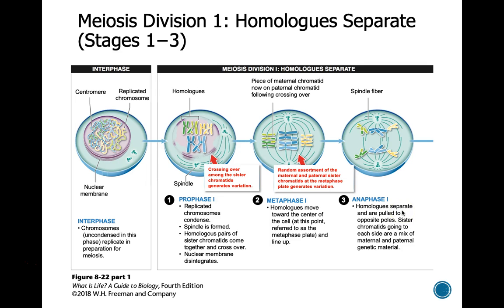So right here in meiosis 1, we see two sources of genetic variation. One is this crossing over event. The other is this random assortment. Now, these could have just randomly lined up with mom, mom, mom, and dad, dad, dad. We could have done mom, mom, dad, dad, dad, mom. So depending on the number of chromosomes, and you can imagine if we have 46 chromosomes in there, you can have a huge number of possibilities of combinations in the gametes that are new mixtures of the parent chromosomes.